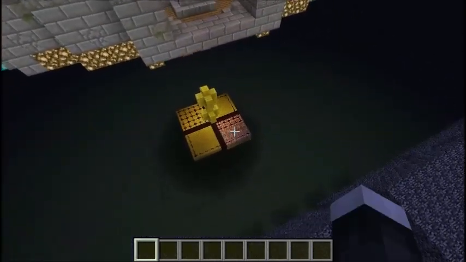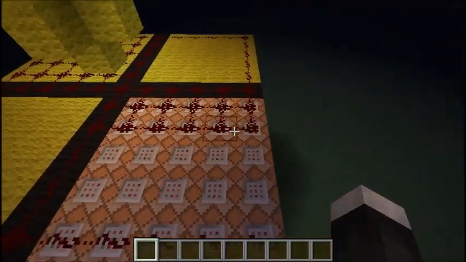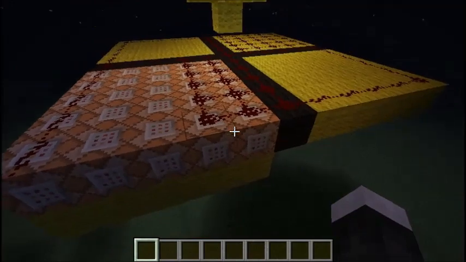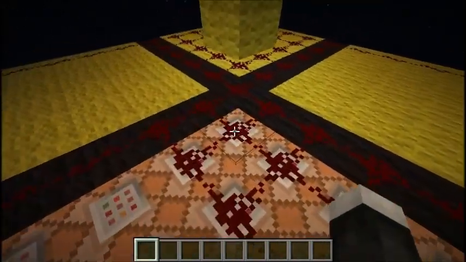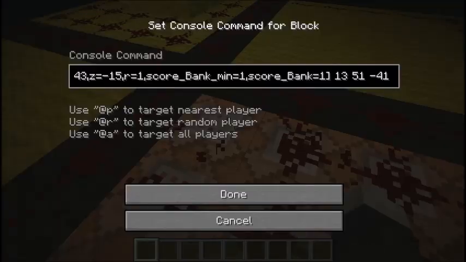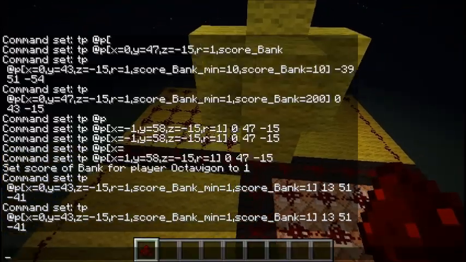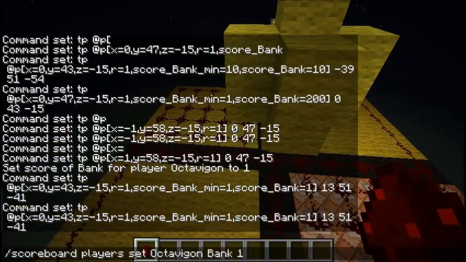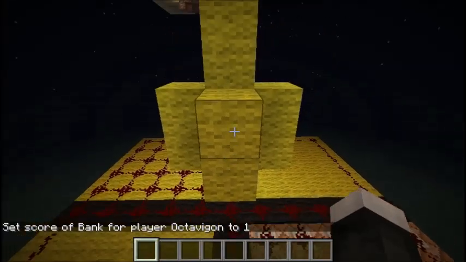So this can hold 50 people because this is a 5x5 square of command blocks, and if you power the block on top and you power the block on the bottom when you do that. So yeah, that's how that works. So this one right here, it says score bank minimum 1, score bank 1, and it teleports you. So that's only going to teleport you if you are